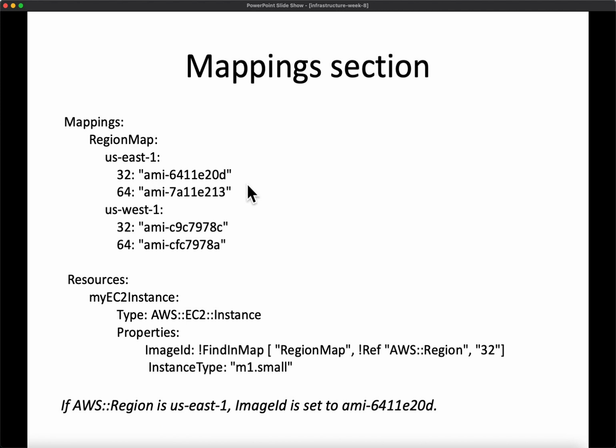Now, what this mapping is doing is defining a set of AMIs that are available in each region. Because if you recall, AMIs are region specific. If I create an AMI, it's only going to be available, let's say, in US East 1. That same AMI will not be available in US West 1. If I wanted to make it available in both regions, I'd have to copy the AMI from US East 1 to US West 1. And once I copied it, the AMI ID would actually be different, because every AMI has